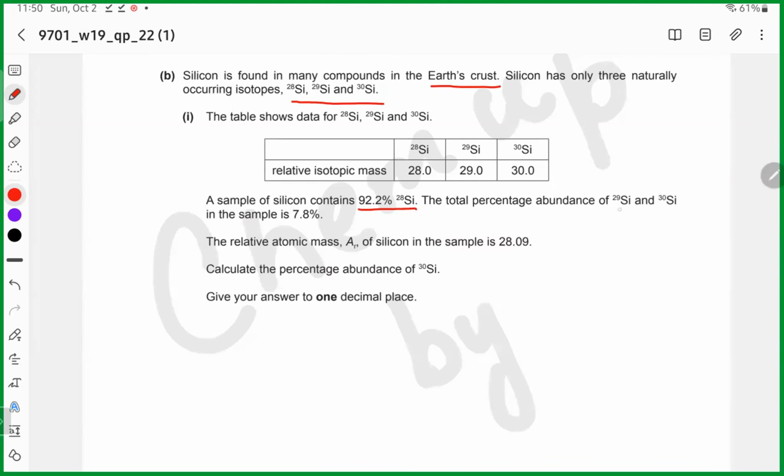The total percentage abundance of silicon 29 and silicon 30 is 7.8%. तो उन्होंने आपको silicon 29 और silicon 30 की collective abundance बता दी है। The relative atomic mass of silicon is 28.09. Calculate the percentage abundance of silicon 30. और silicon 30 की आपको percentage abundance calculate करनी है।